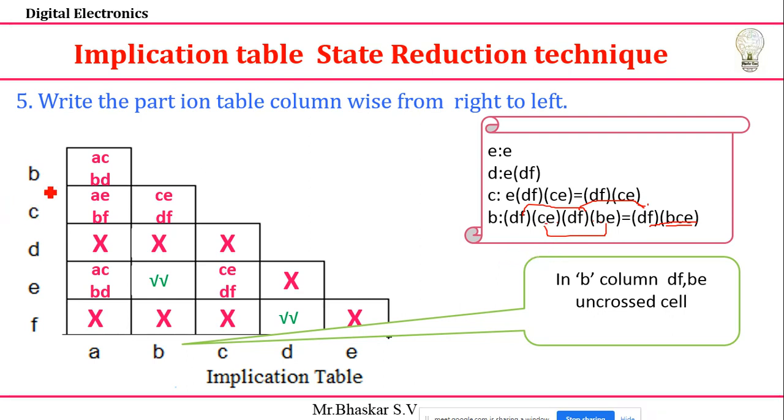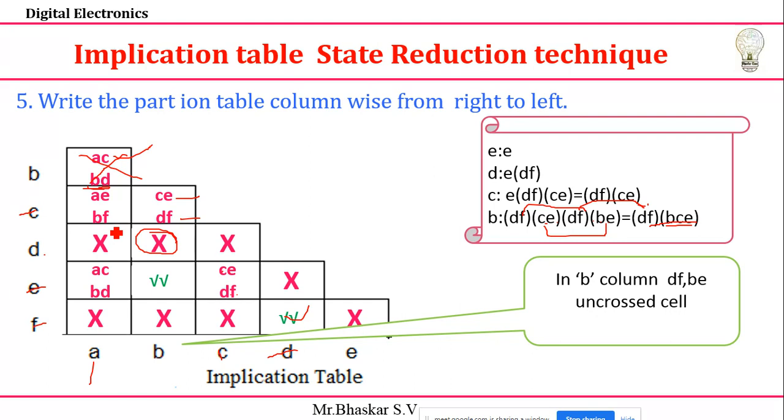A, you can see that while taking it, both conditions need to be satisfied. Here you can see that D and F have a relation. Here C and E have a relation. D and F, there is a relation, so you can see that you have a relation here. Similarly, when it comes to C and E, D and F have a relation. But when it comes to A and C, there is some relation there. But for B and D, this condition is not satisfied. You see that B and D, there is no relation, no similarity between these two states. Then you have a cross mark, meaning you need to neglect this.